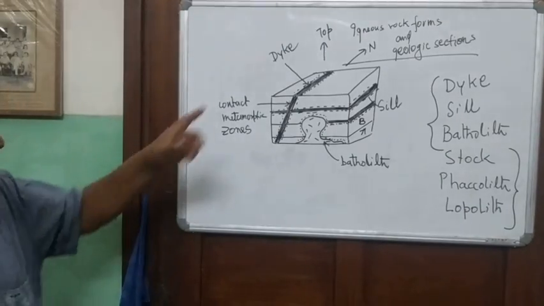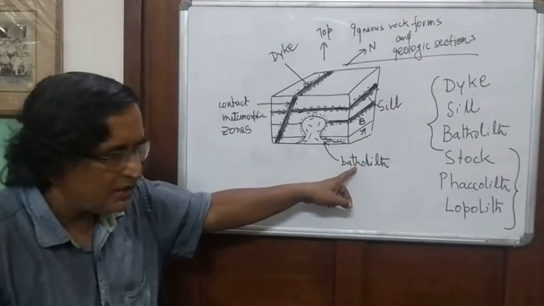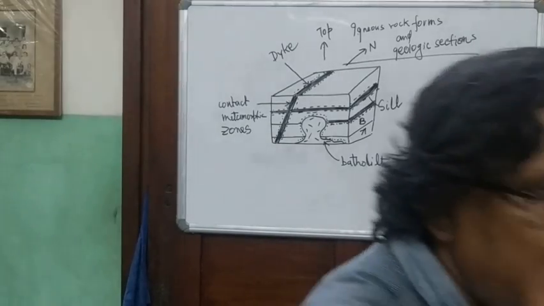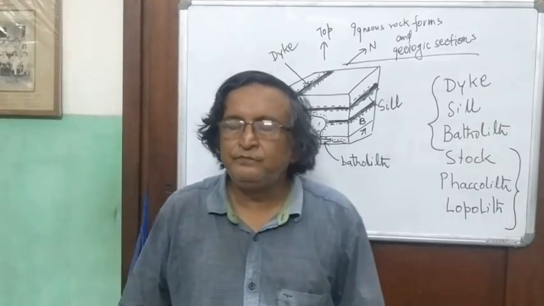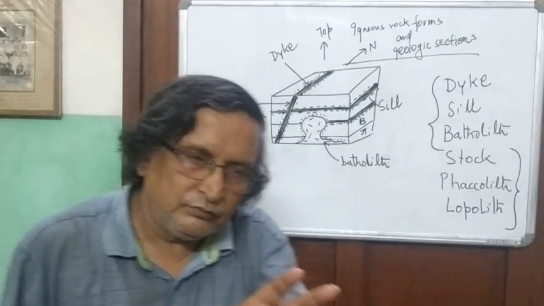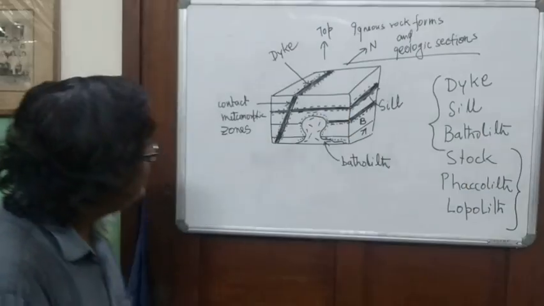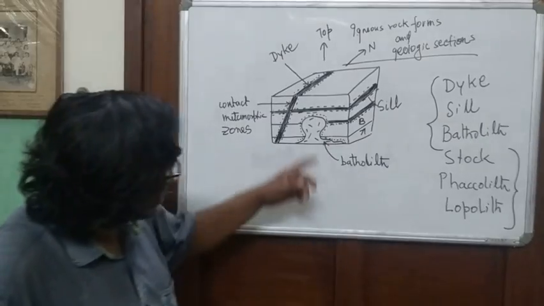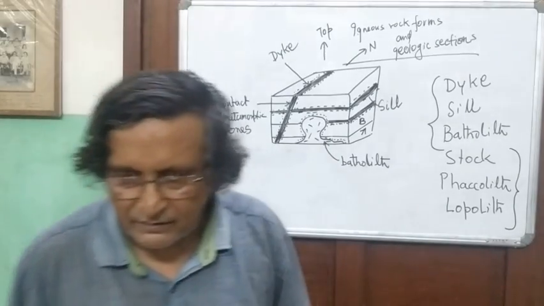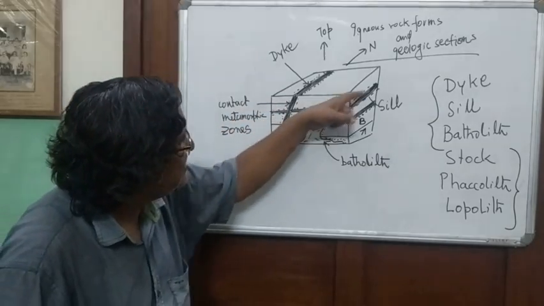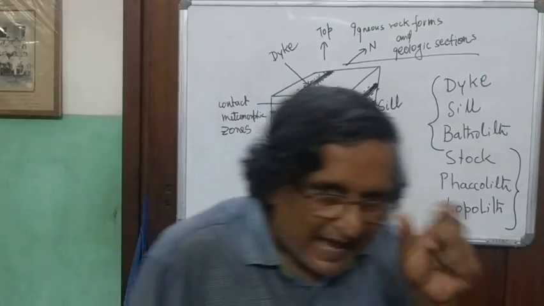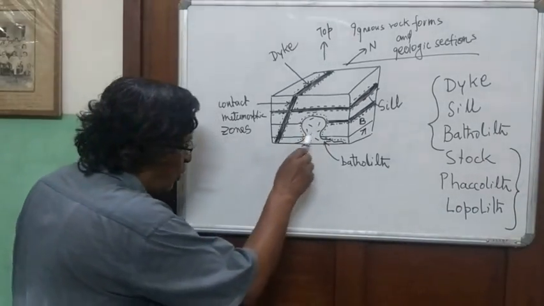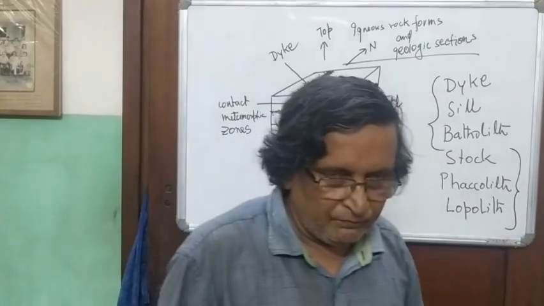So we have studied dikes, sills, batholiths. Now there is also another example that I will give you. This example is not to give at this stage, but I will tell you, because we will come to this later on. You see, all these dikes, sills, batholiths, whatever I have shown you, are in two colors. It was not accidental. All these dikes and sills, or lava flows, are shown in black colors. But this batholith is not shown in black colors. It's shown in white colors. Because